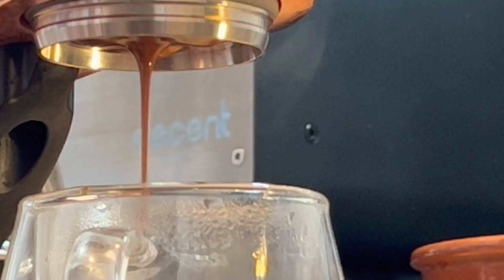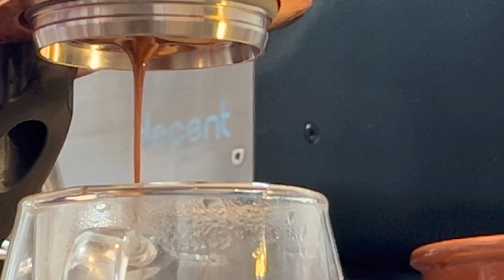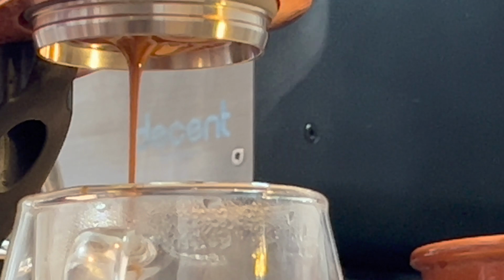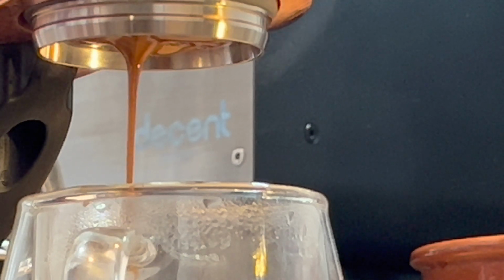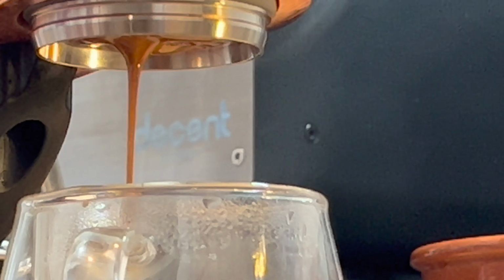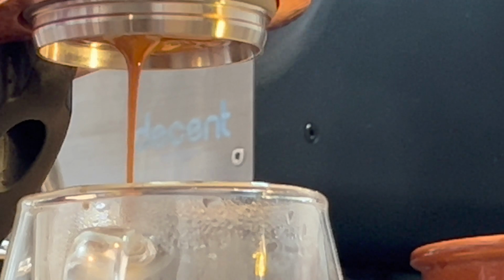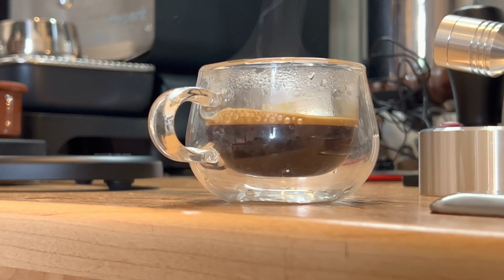Okay, so it looks a little bit better now to me. I've got a proper resistance from the puck. And now when I feel it's easier, then I slow down a little bit with the pressure. I mean, it looks very similar. Let's try it. I have to say, for the person who, this is my 4th shot I've ever pulled on this machine,